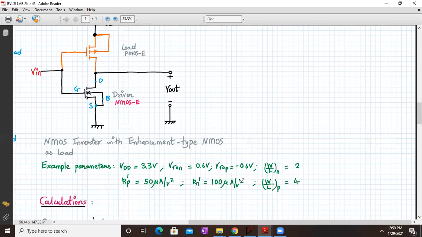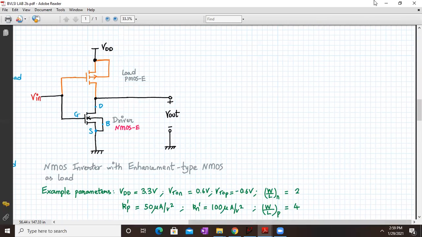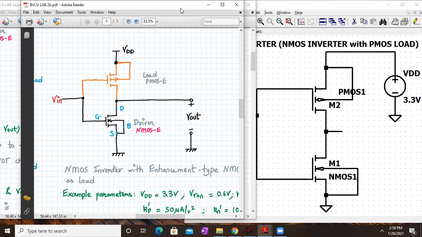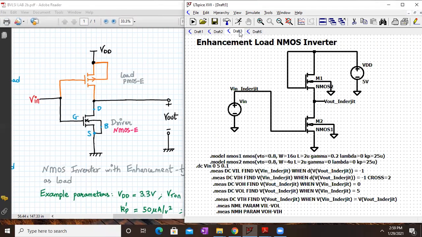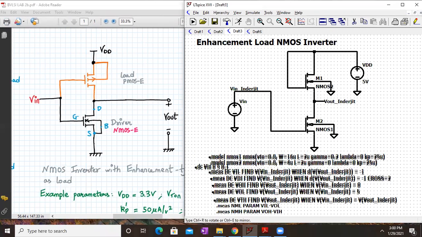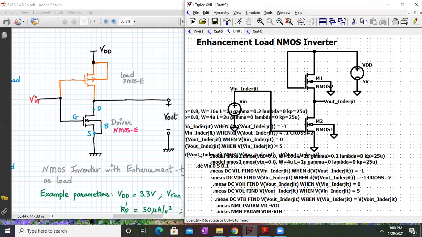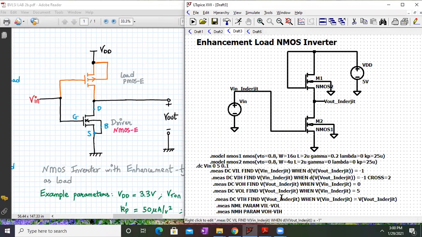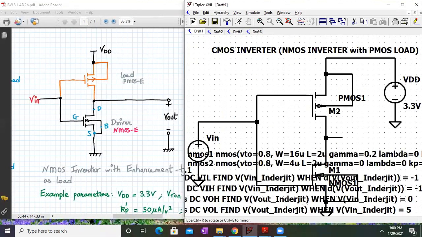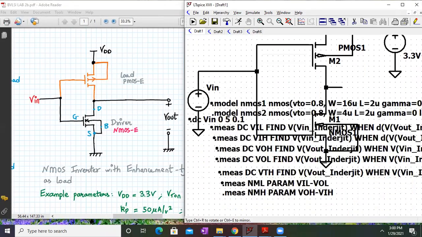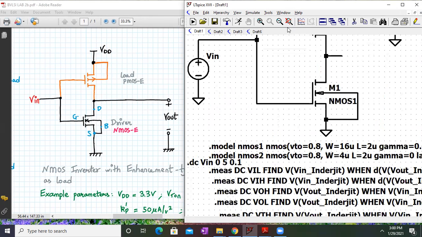Over here, I have considered example parameters that are given. I have not taken the same parameters. So we can quickly copy those things from earlier. We will be using this. Let me copy the same things over here because the parameters will remain the same. The technique, the way we measure these things, will remain the same. That will not change, right? So that's why we can copy them as it is over here also. Okay, let me paste it over here.